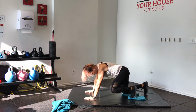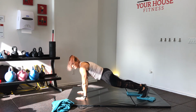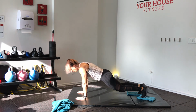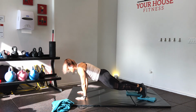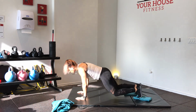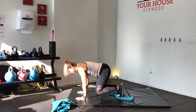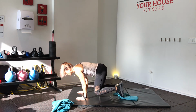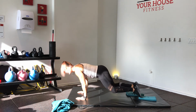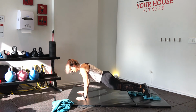Okay, so setting up high plank position, hands under the shoulders. We're gonna keep that spine nice and neutral, pulling those knees in, drive it back out. 2, 10 reps. So you wanna think about pulling those knees in towards your chest. Trying to be light on those toes. That's gonna help you glide easier. We got 3 more. 2,